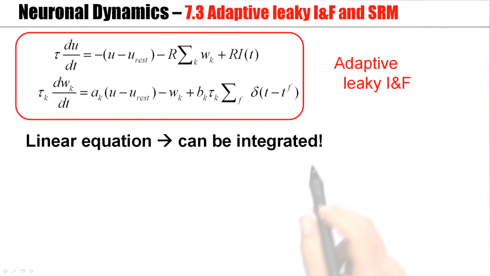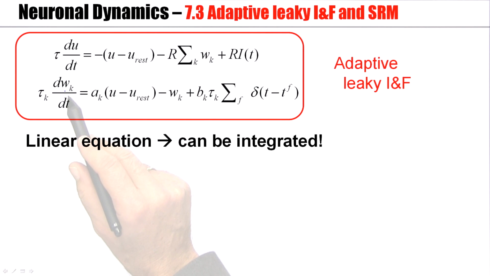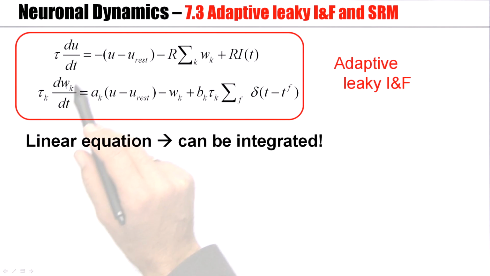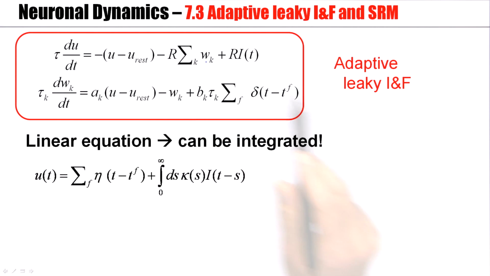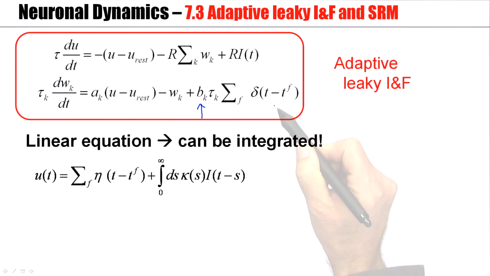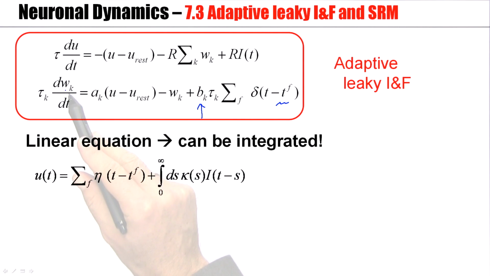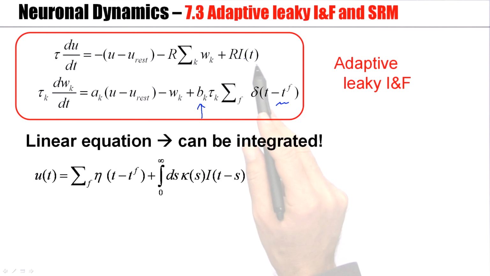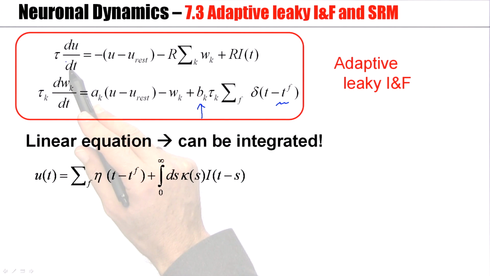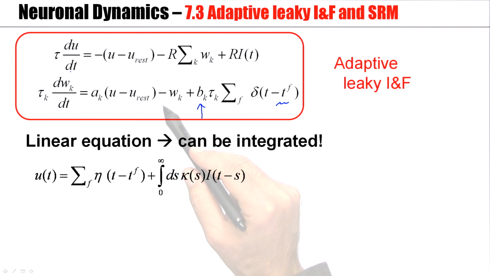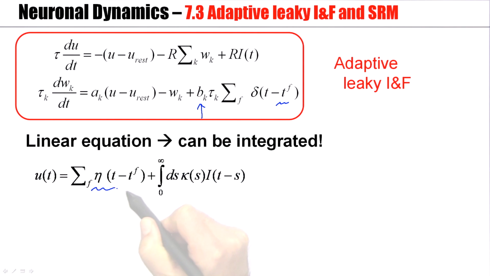But we have seen in week 1 that such a differential equation can be integrated. And then we have our expression for w_k, an explicit expression for w_k, which we can insert over here. The result is that the reset that's happening after each spike can be integrated up. First I integrate up the w equation, then I insert it in here. This is again a linear differential equation which I can integrate. And the result of the sequence of two integrations gives the effect of the spike that has happened in the